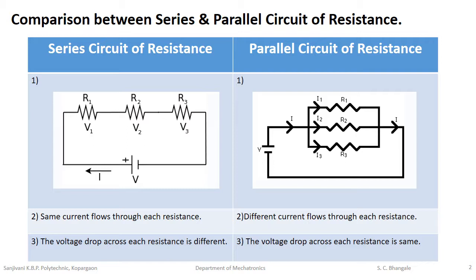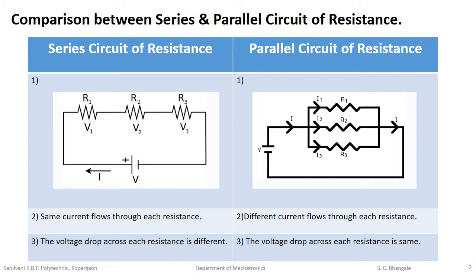So the first point, we can draw a diagram considering the concept. For the series, we can say that when two or more resistors are connected in the same line, or back to back, or one after another, that circuit is called a series circuit. So here in the series circuit, we have considered three resistors R1, R2 and R3. These resistors are connected in the same line or one after another. So this circuit is called a series circuit.